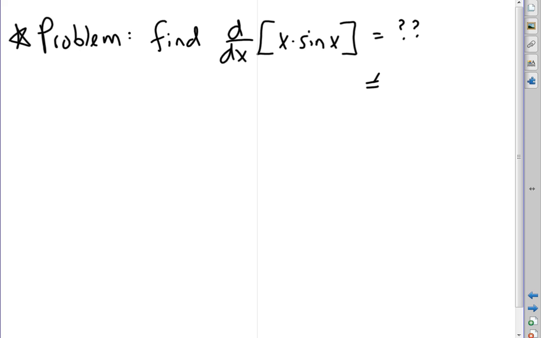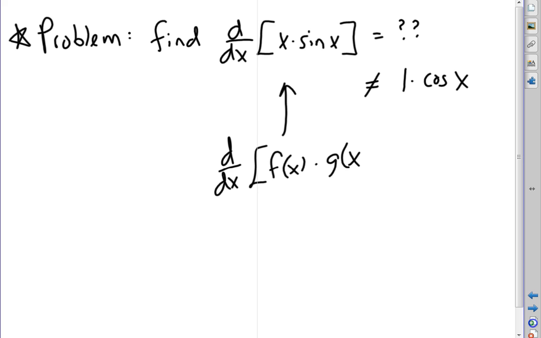So what does this equal? Well, I can tell you one thing that it doesn't equal. It does not equal 1 times cosine x. In other words, taking the derivative of x and multiplying it by the derivative of cosine x. So the way that we're going to think about this is that we've got two functions, first one and second one,